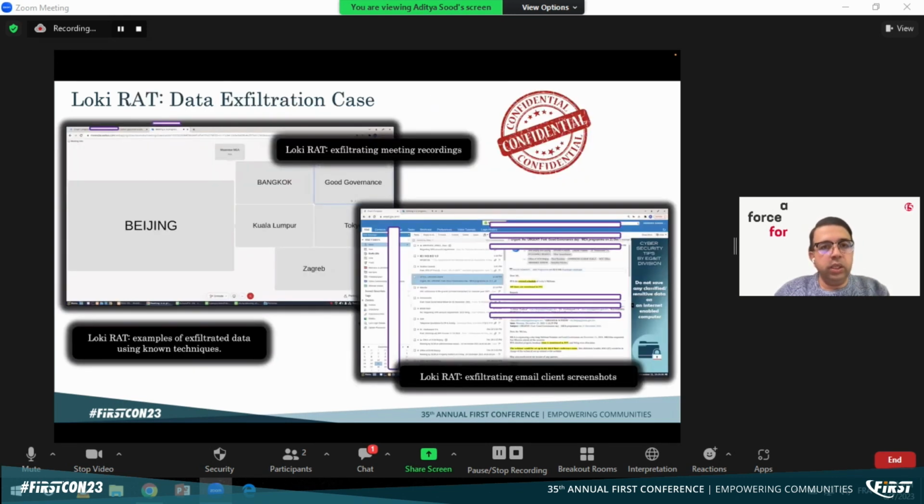So let's take a look into this case study. This is exfiltrated data from some of the compromised systems belonging to specific government agencies. If you can see that, the remote administration toolkit we are talking about, the Locky one here, is able to take screenshots or record videos while meetings are taking